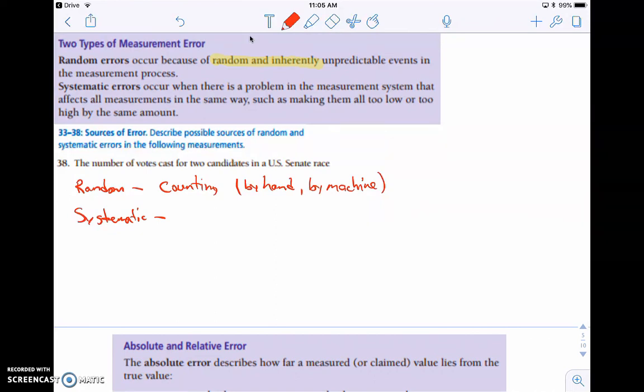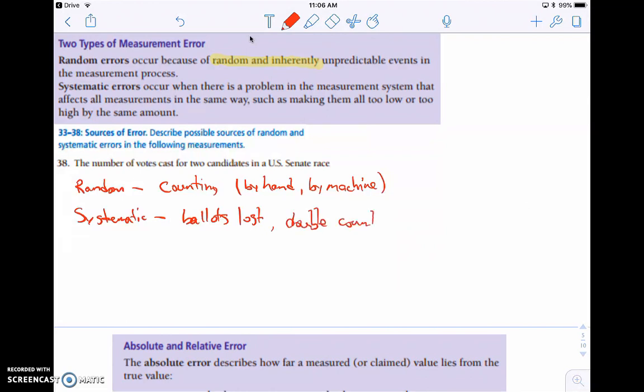Some systematic errors that can affect the entire measurement system are if someone loses ballots. That affects the whole measurement system if you lose ballots. So say someone misplaces 10,000 ballots, that's going to have a dramatic effect systematically wide. And so that would be a systematic error. Another systematic error that you can run into is